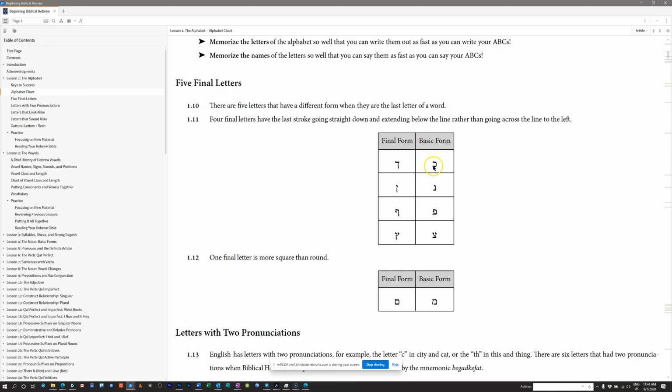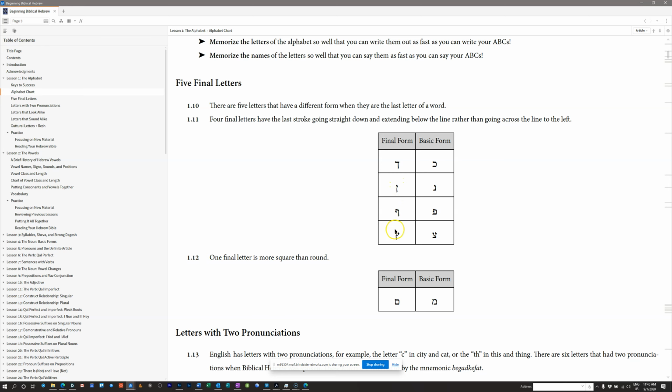I mean, the difference here is the length of the roof and the foot, the top and the bottom. The final kaf has a much longer roof, a much longer top. The nun has just sort of a marker, and then you've got a line straight down. Actually, more confusing than the final form of the kaf and the nun would be the vav and the nun. The vav and the nun look very similar. The difference is the final nun is going to extend below the rest of the text.